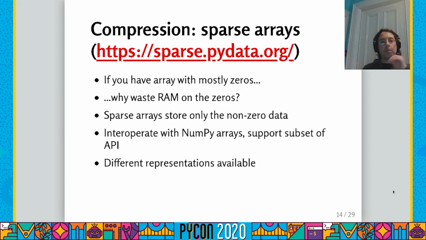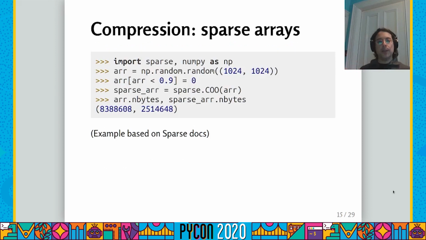And this particular library, the PyData sparse library, implements sparse arrays. And it implements them in a way that interoperates with NumPy arrays. It supports a subset of the same API. You can multiply them by each other. And it supports different representations. And in this case, I'm going to show you an example. It's using